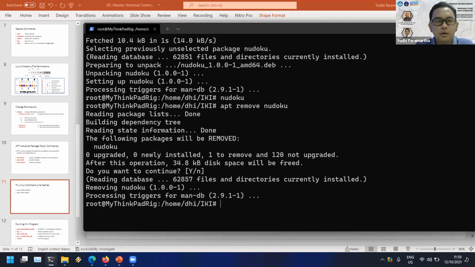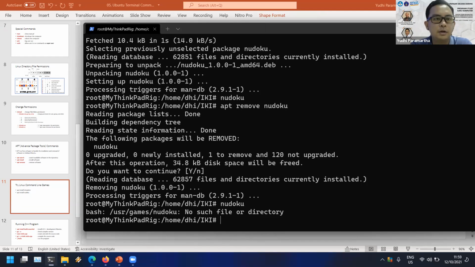And then after removing the application, maybe we want to try running the application again. Yes, the Nudoku is uninstalled. There is no such file or directory because we already removed the Nudoku. Okay, that's for installing applications. In the problem that I will give you, there is some application that you have to install. Okay, I hope that you could